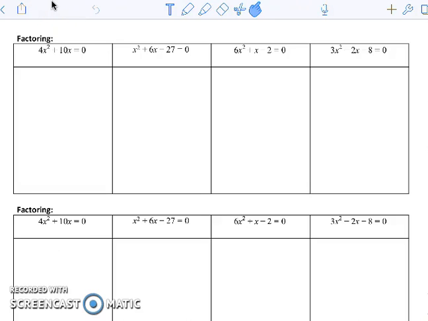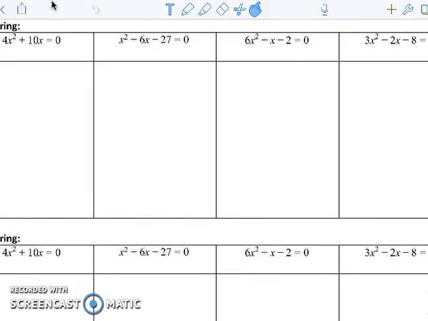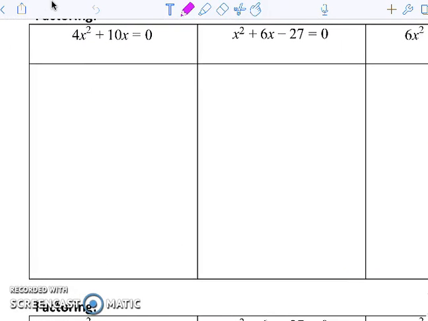So the first form that we're going to look at today is factoring. So let's take a look at this first example. 4x squared plus 10x. You'll notice it's different than the other examples because we only have two terms. So when there's two terms, let's take a look and see what we can divide into both 4x squared and